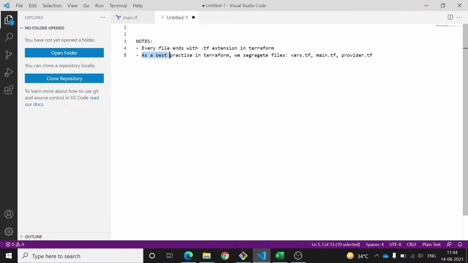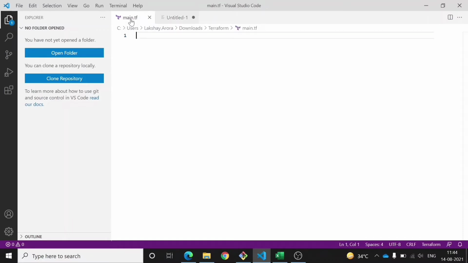Now let's come to the main point. We will start writing code to create an EC2 instance, VPC and subnet. How can we do that? Let me move on to our main.tf file. In Terraform, every code starts with a provider block. Providers are, you can say, plugins which Terraform needs in order to build and deploy the code on your AWS, maybe Azure infrastructure. Every provider block starts like this: